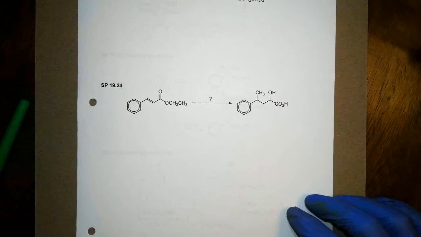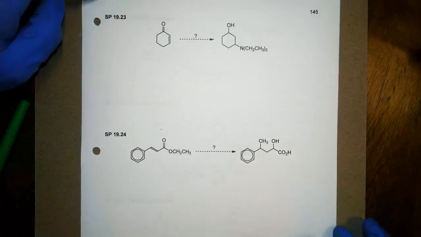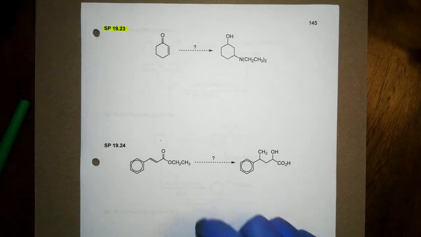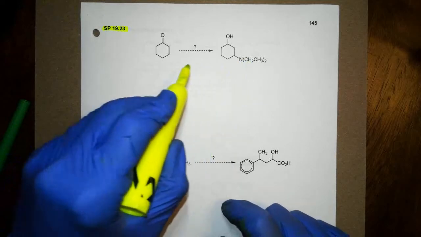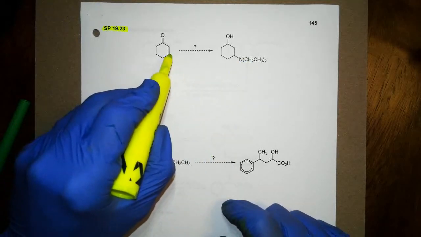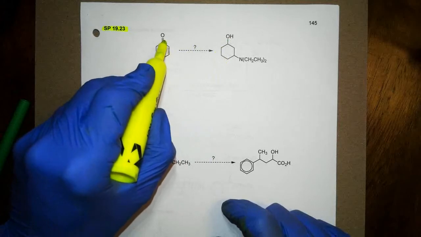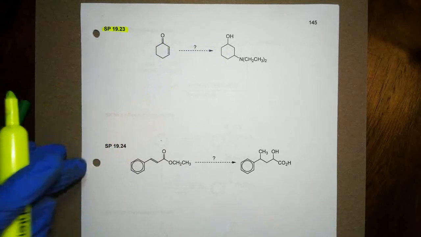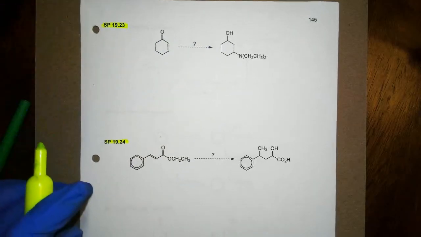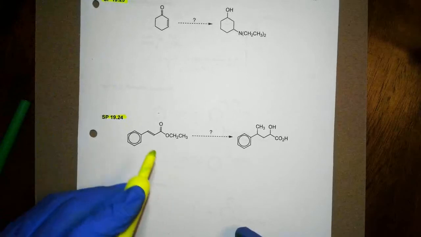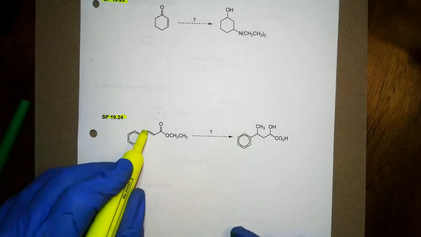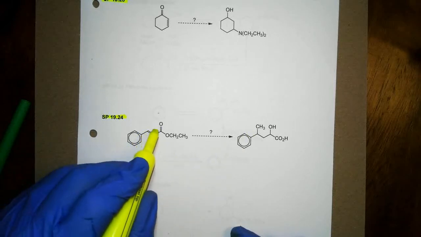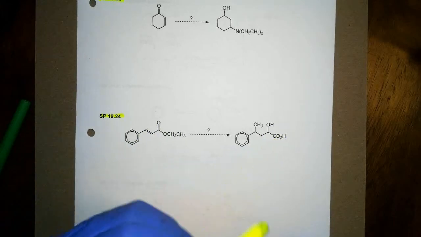Okay, I'm near the end, guys, and so the next one, sample problem 1923, is going to involve the conjugate addition of amine to this carbonyl. Okay, you can see that, and then you're going to reduce that carbonyl using a reducing agent to convert it to a secondary alcohol. Alright, now sample problem 1924 is going to involve the conjugate addition of a methyl group to this beta carbon, and it's also going to involve the conversion of this ester into this particular alpha